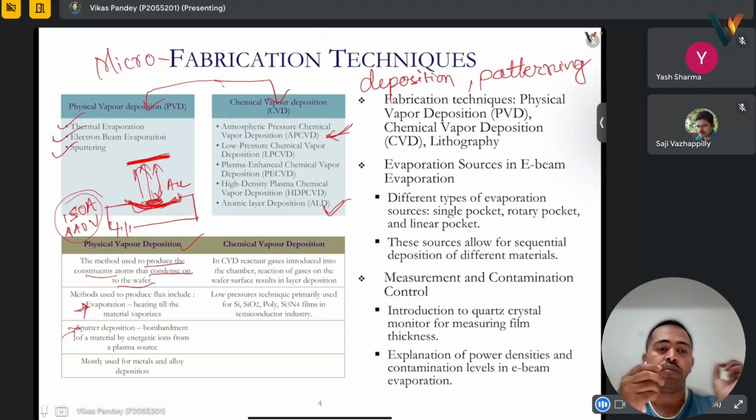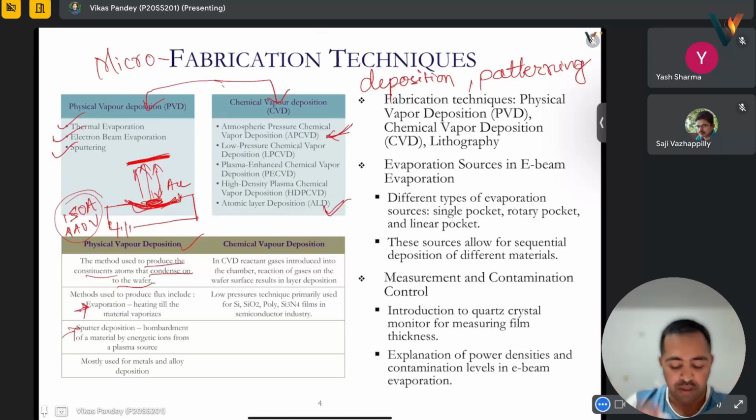So using this technique, but here the bombarding particle is generally argon. Argon ions, argon plasma is used to bombard it and take out molecules and get deposited over the